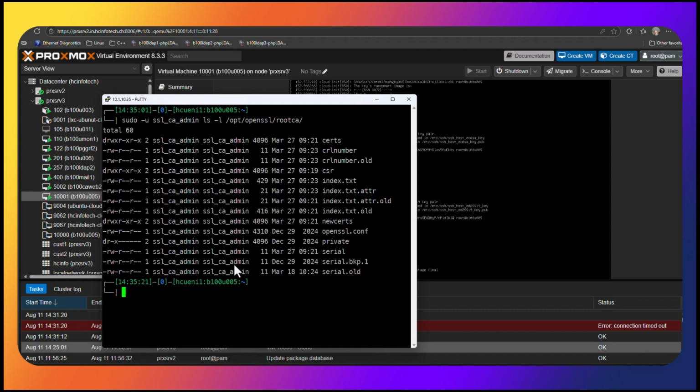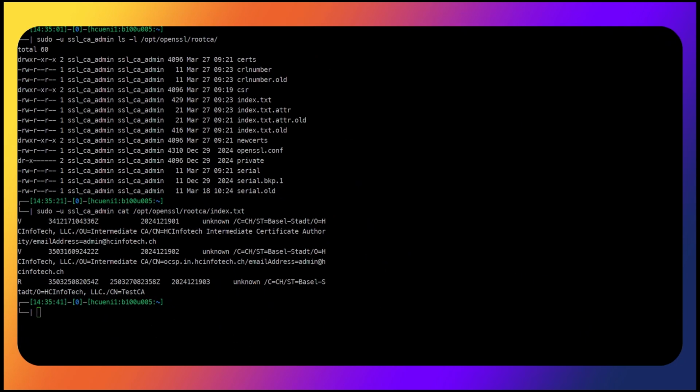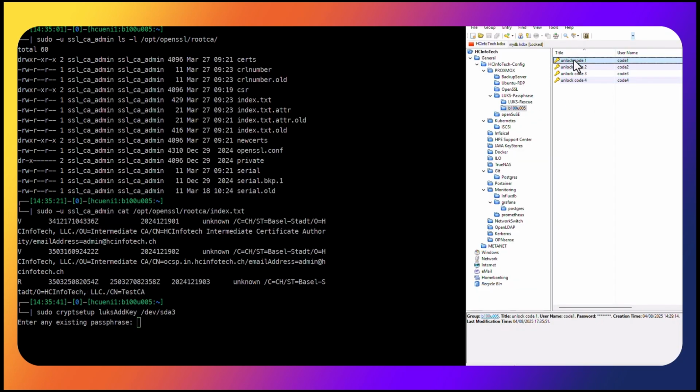As you can see, there is an almost identical directory structure like on U006. There are minor differences in the OpenSSL.conf file. When we check index.txt, we can see that so far the CA only signed 2 certificates, intermediate.ca.cert and ocsp.cert.pem. Now, after the maintenance or the signing of a new certificate is complete, the system administrator creates new encryption